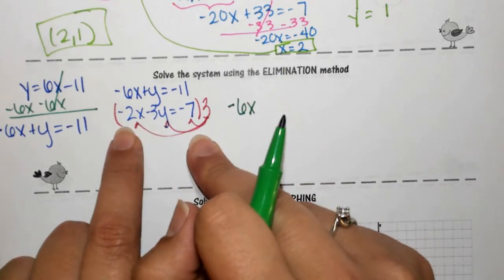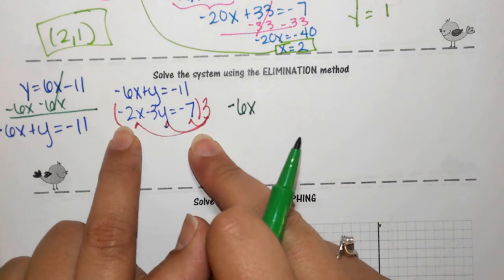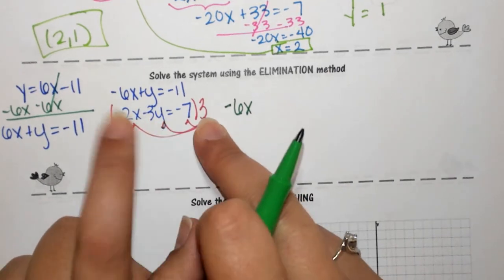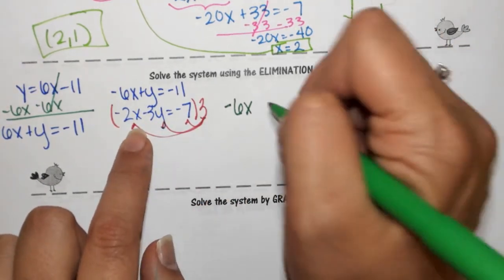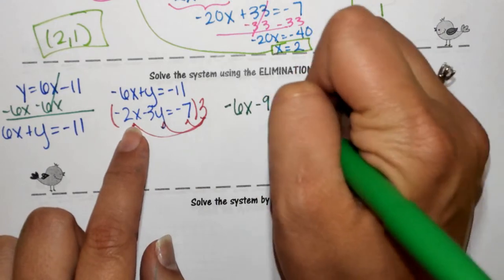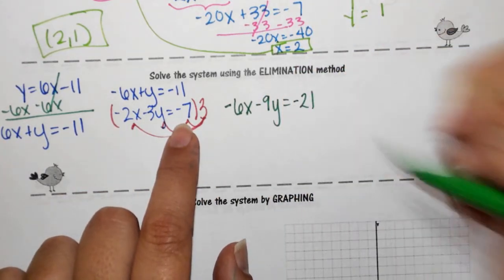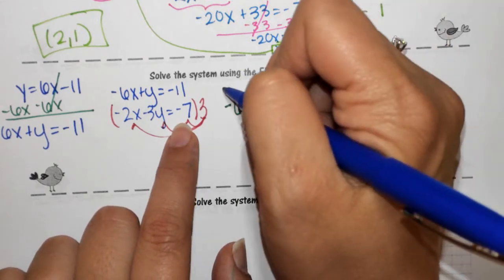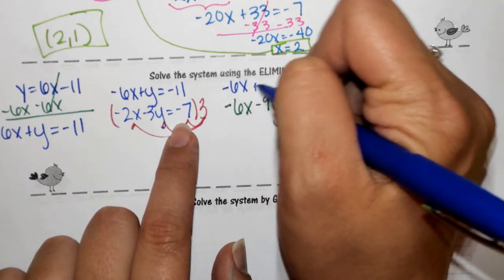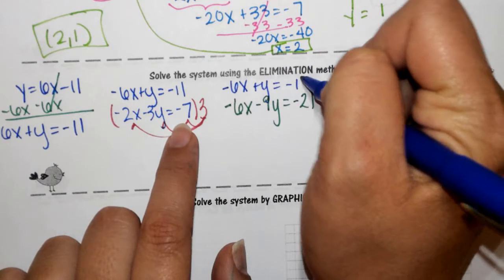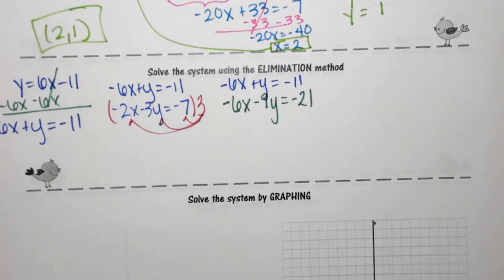A positive times a negative is a negative. 3 times negative 3y is? Negative 9y. 3 times negative 7 is? Negative 21. I said 21. It sounded like you said 921. That's why we were confused. Different signs can be